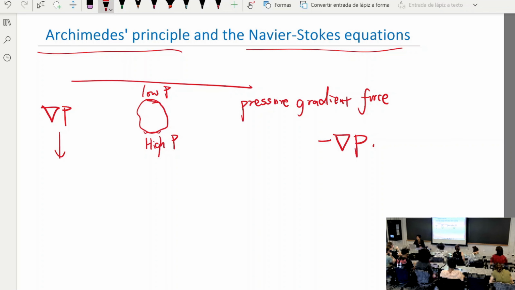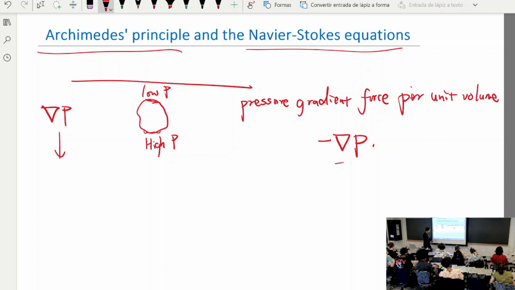So grad P is force per what? Volume. So minus grad P is actually the pressure gradient force per unit volume. So next time when you see Archimedes' principle,